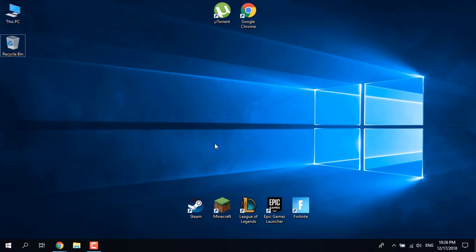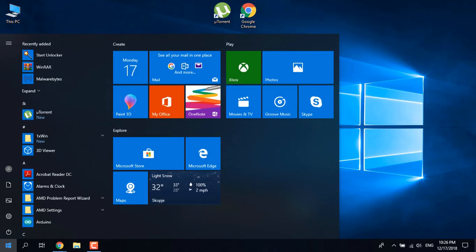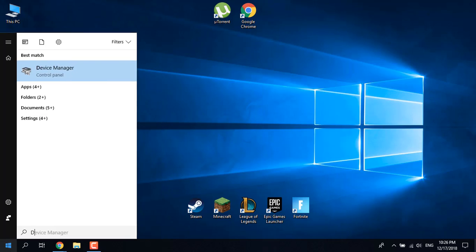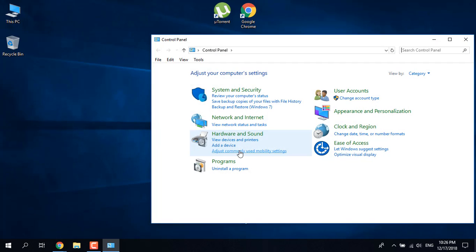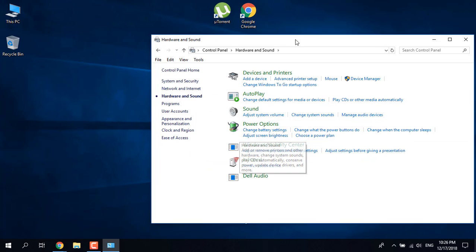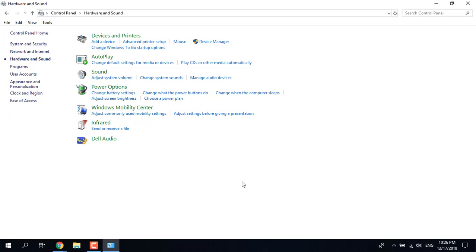This is gonna be an easy and a quick tutorial, and all you want to do is just go to the start menu and type in control panel. Open the control panel desktop app and click on hardware and sound. Click on devices and printers,